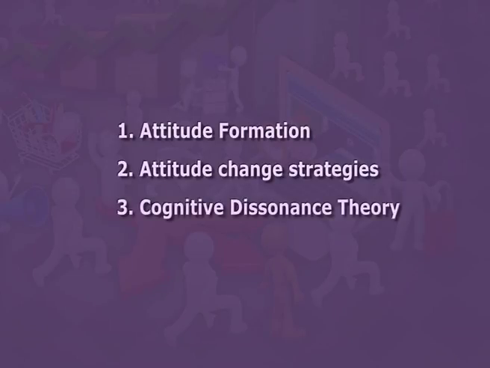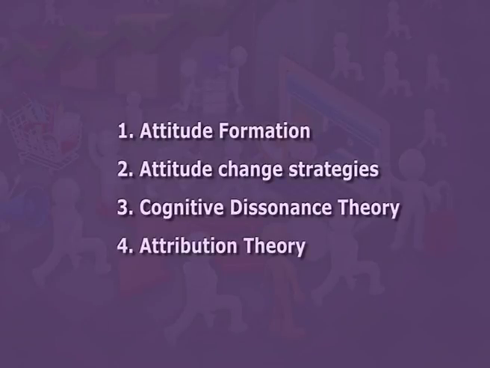Thirdly, cognitive dissonance theory. According to cognitive dissonance theory, there is a tendency for individuals to seek consistency among their cognitions, that is beliefs, opinions, etc. And lastly, we studied about attribution theory. It is a theory which supposes that people attempt to understand the behavior of others by attributing feelings, beliefs and